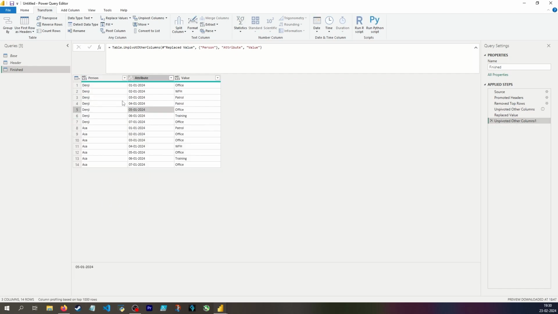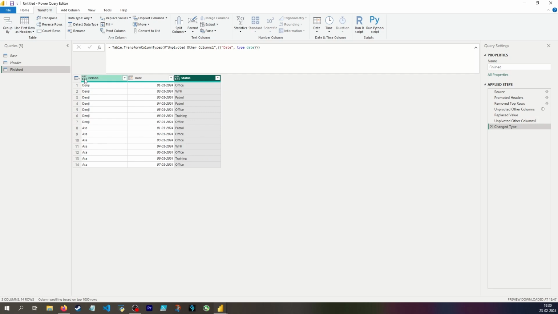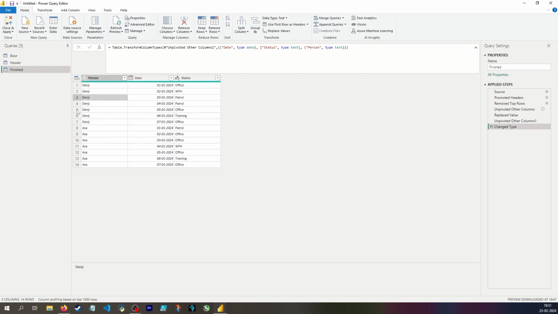And that means the only thing I have left to do is I don't want this column to be called attribute because it's a date, and I don't want the value column to be called that. I want it to be called status, which I can change up in the code. And then the only thing left to do is to change the types because this should be a date, but it's not a date type. And these two should be type text. And that's everything. That's the done table. And of course you would have many more rows, 1 row for each day with data for each person. So yep,